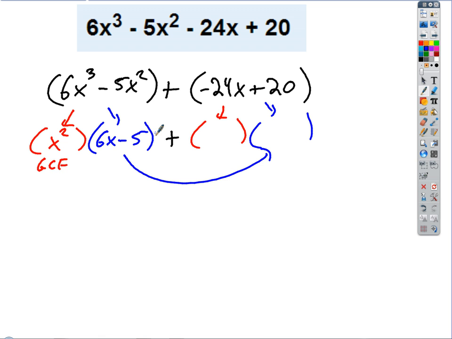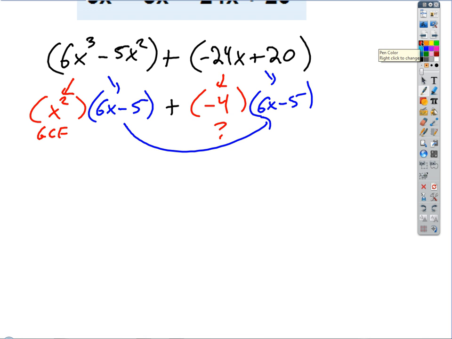So I know this has to be 6x minus 5, and then the question is just, can I make that work? Yeah, if I take out a negative 4, that works, and I can check it. Negative 4 times 6x is negative 24x. Negative 4 times negative 5 is 20, right? And so now